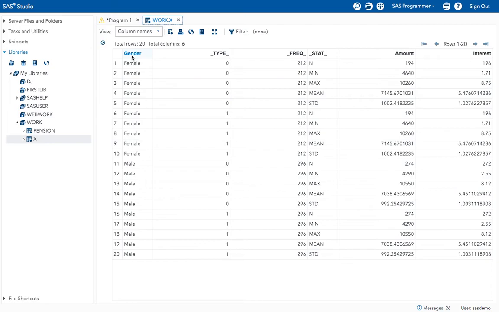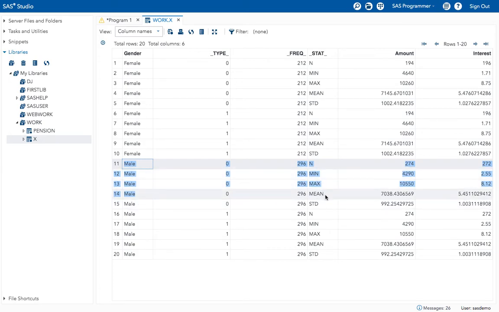Okay, and at first it gave me the default descriptive values. See here it gave me n, minimum, max, mean, standard. First it gave me the default descriptive values, and then it gave me the mean values for the female values, and again for the male values it gave me the descriptive values.